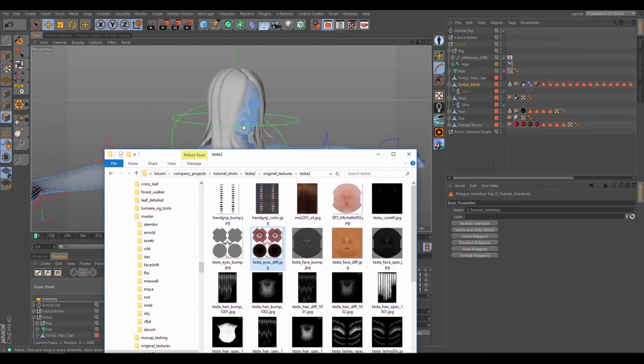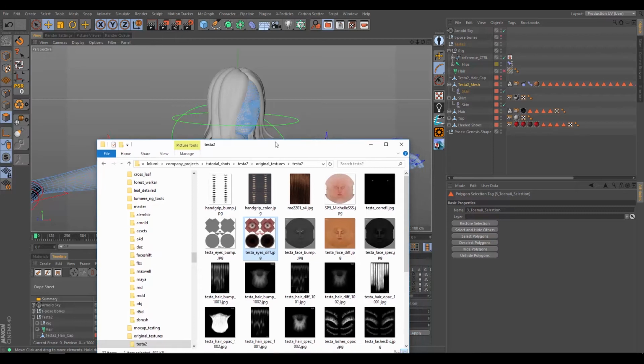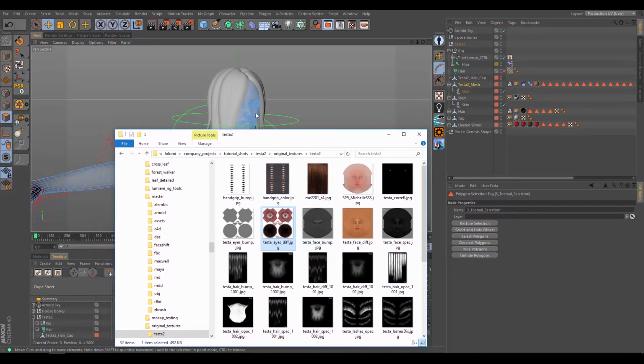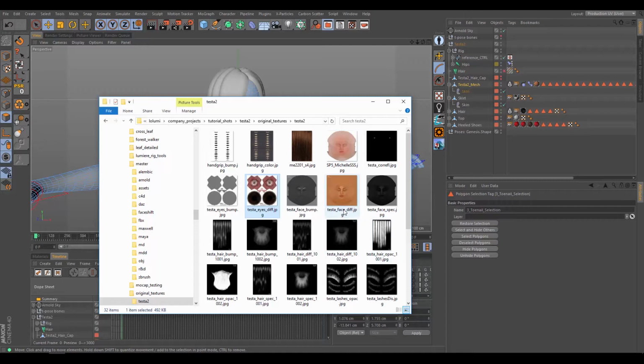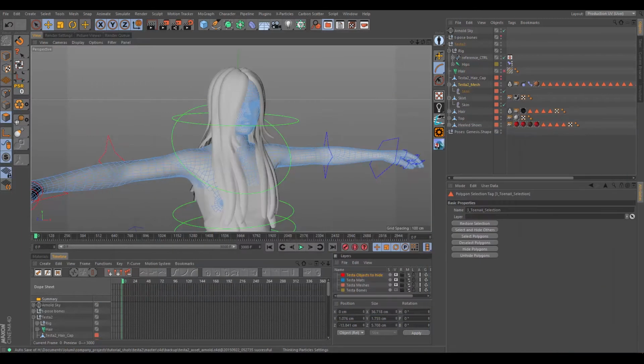However, most characters have materials with different properties, so you're either going to have to create different maps to change those properties, or create multiple different materials that have different properties. We'll go for the latter option, as creating textures that have specific properties is a very unique proposition. But anyway, starting with the face, if we come over to